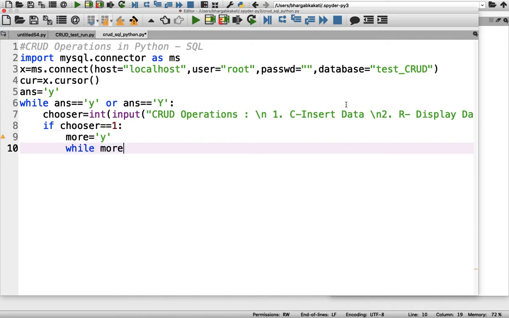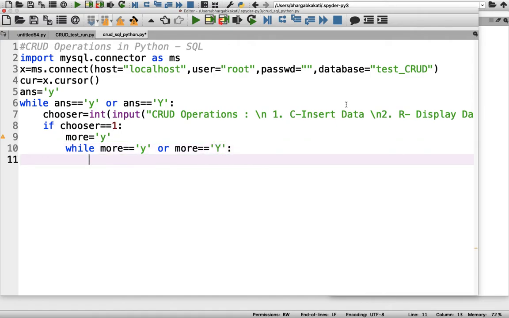That's why if more equals y, let's make it case insensitive, or more equals capital Y. Now let's take the employee ID from the user. You give any variable name, EID equals int input, enter employee ID.